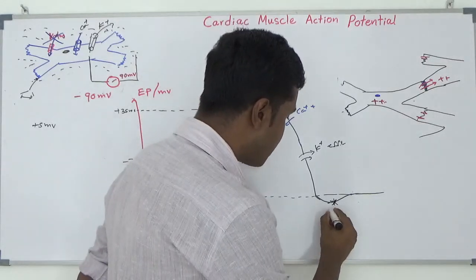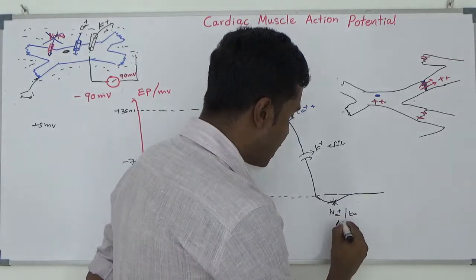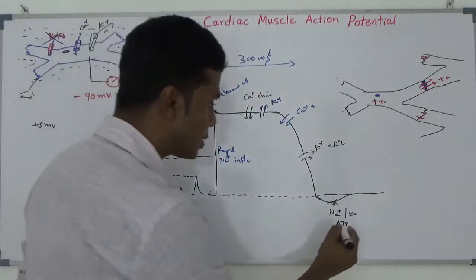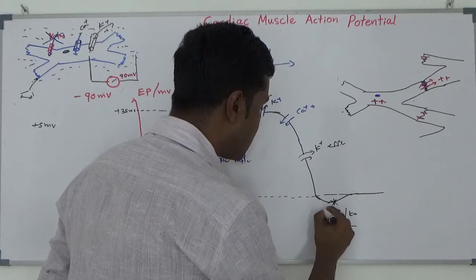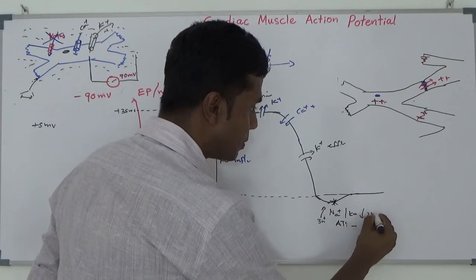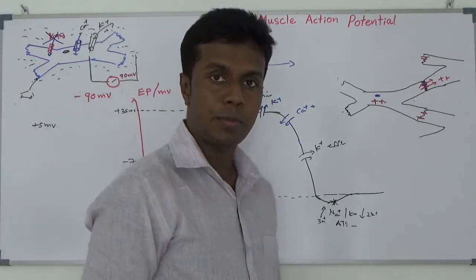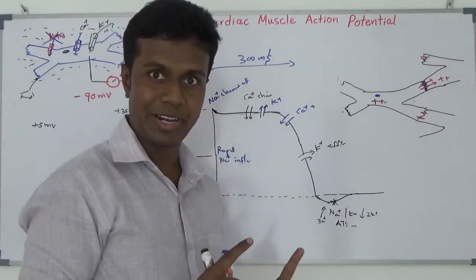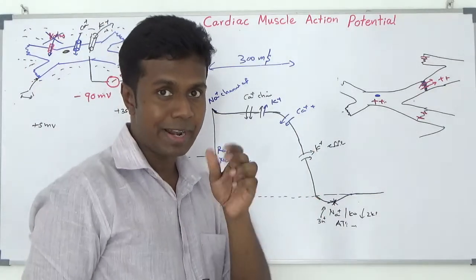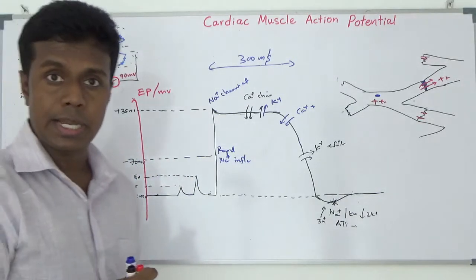What happened is your sodium potassium ATPase pump comes into action and corrects your ion disturbance by using ATP. It puts out 3 sodium ions to the outside and takes 2 potassium ions to the inside. They keep 1 electrical positivity as a tip: 3 positive out, 2 positive in, 1 as a tip. Okay, this is what happened in my myocardial cell.